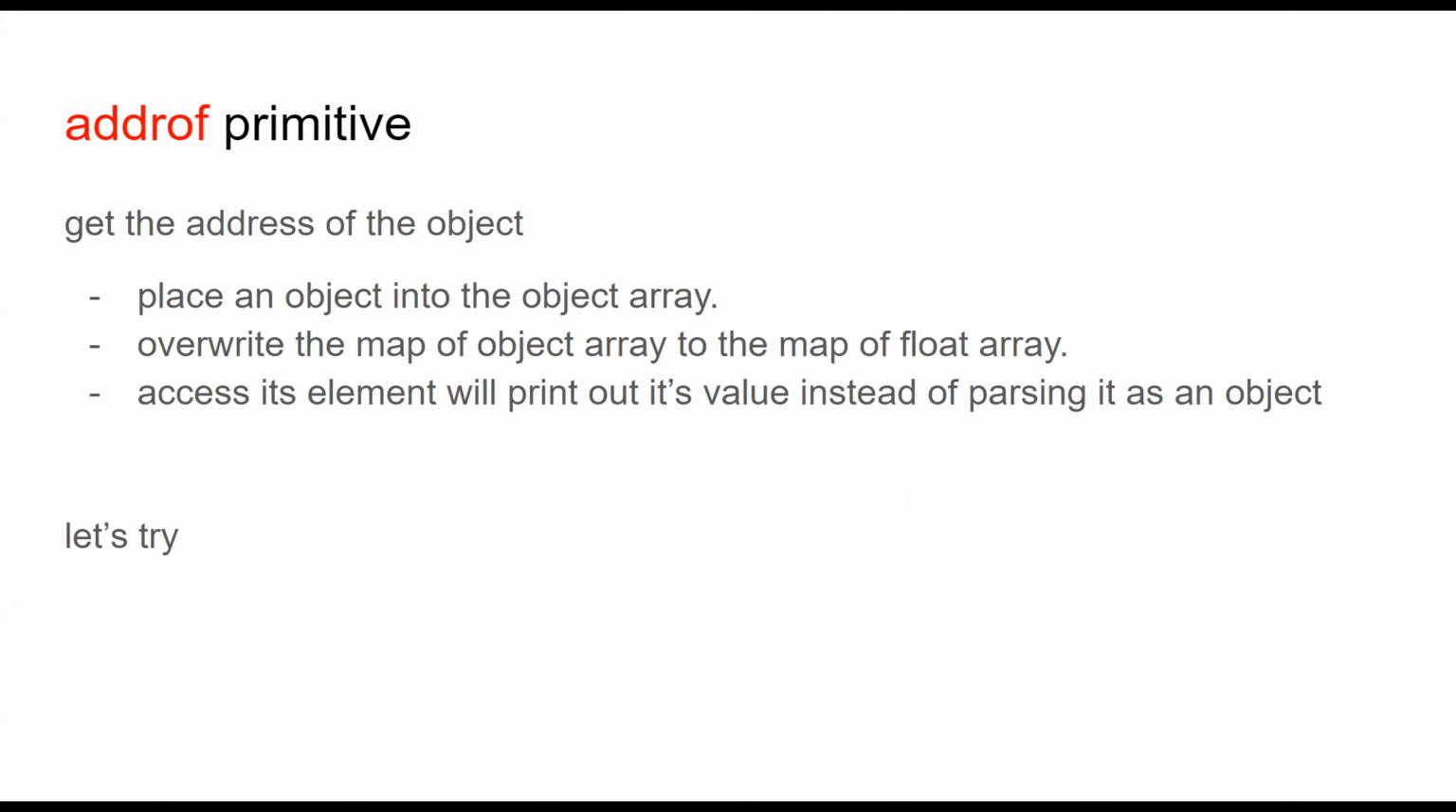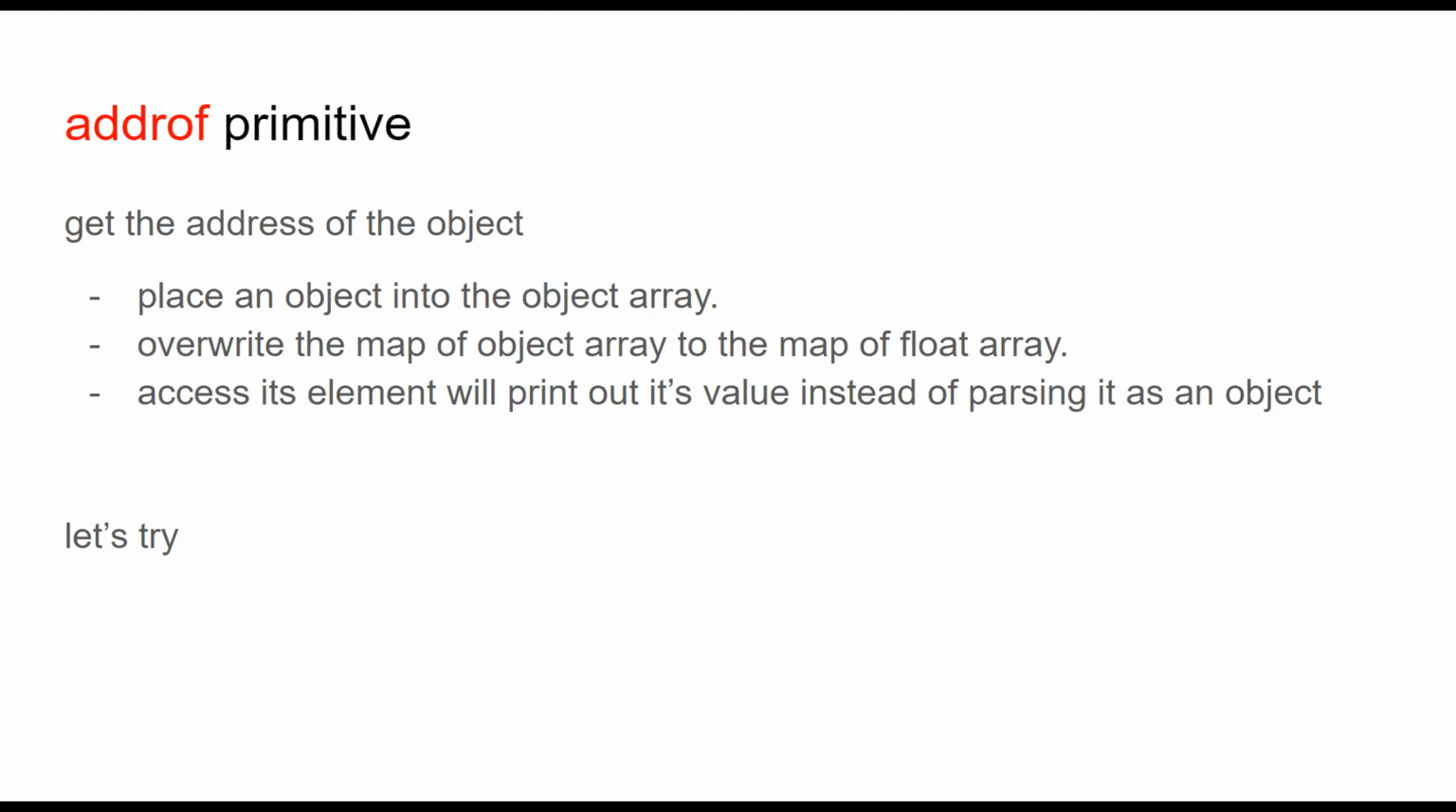Suppose we have two arrays. One is an array of objects. One is an array of floating numbers. Then we first place an object into the object array. Then I'm going to override the map of the object array with the map of the floating array. Then when accessing the elements, because the map has been overwritten to the floating array, V8 will directly